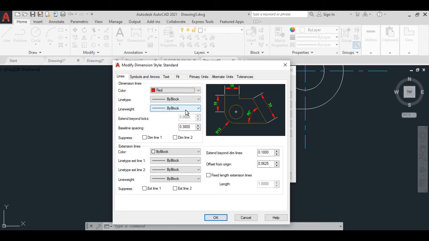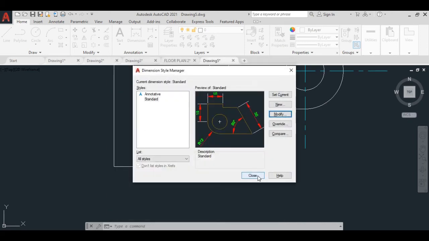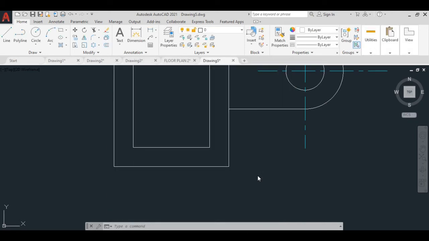See the preview. You can choose the line type also, which is center, continuous. We want continuous, so let it be. No more settings are required, so that is all for the complete dimensioning. Now just click okay here, and now close.